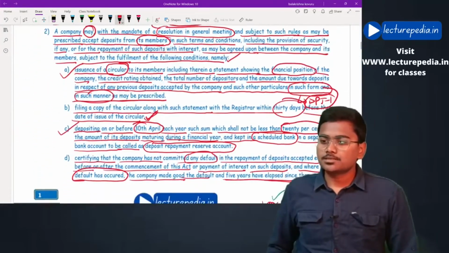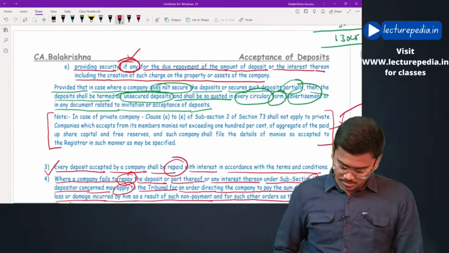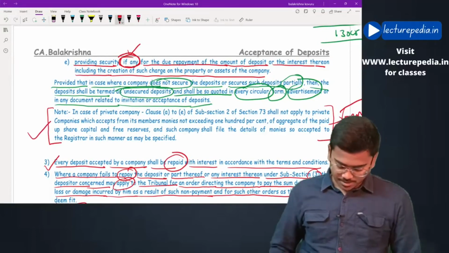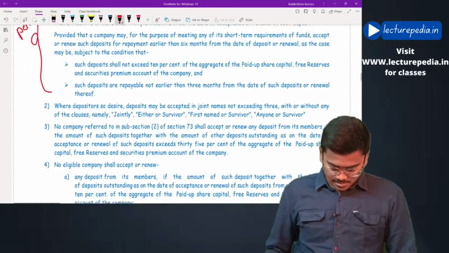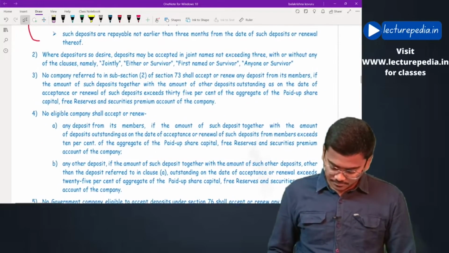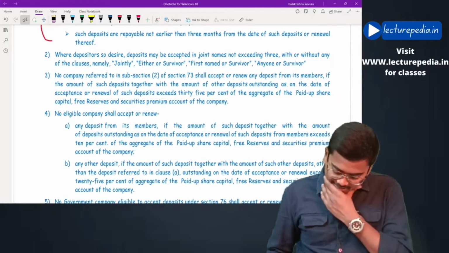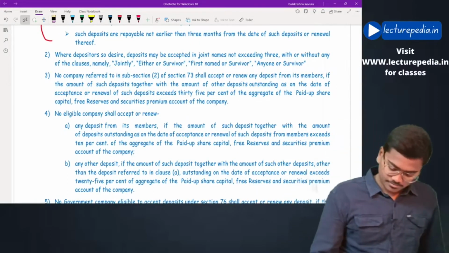Where is that? Yeah, this point. Even this one we kept pending. We'll discuss them. Yeah, this one from here. See,